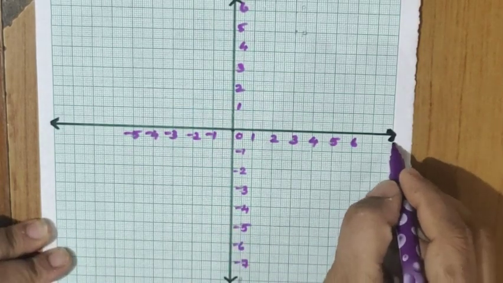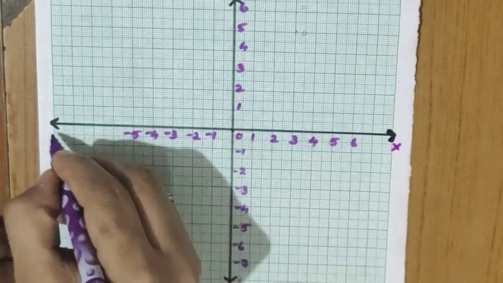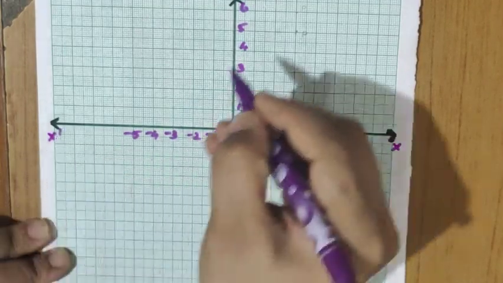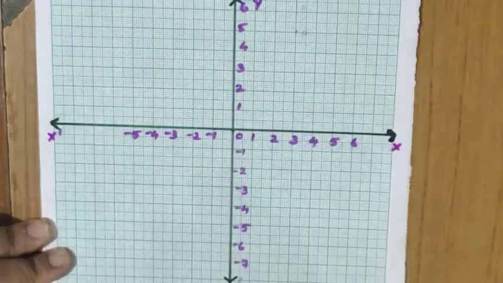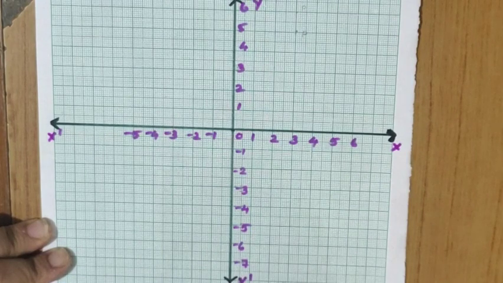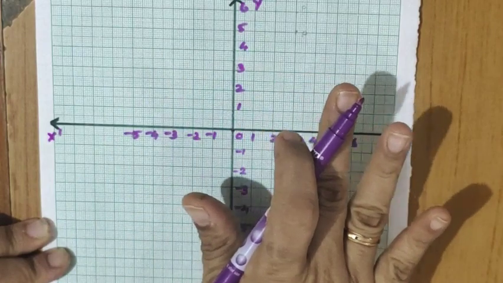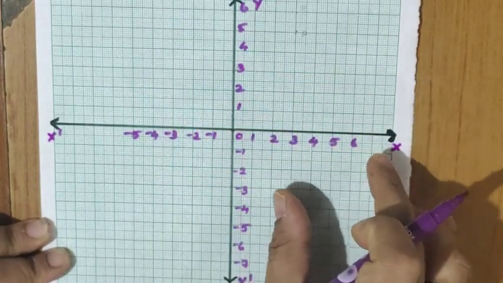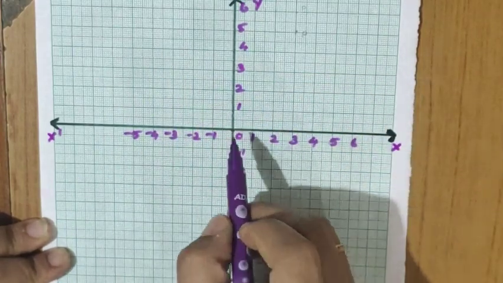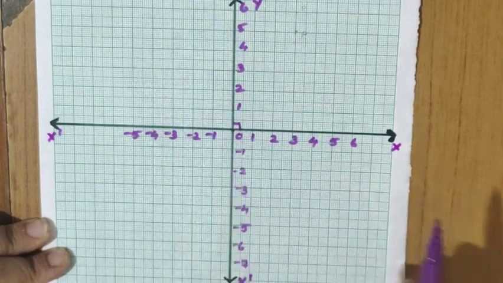So when we use the same concept in the graph paper, you can see this one. I'll name it like this. Here X, O, already I named X dash, Y, O, Y dash, right? So we got the names also here. This idea you already have a little bit, so I have just marked it for showing. And what is the thing? That they are mutually perpendicular to each other.